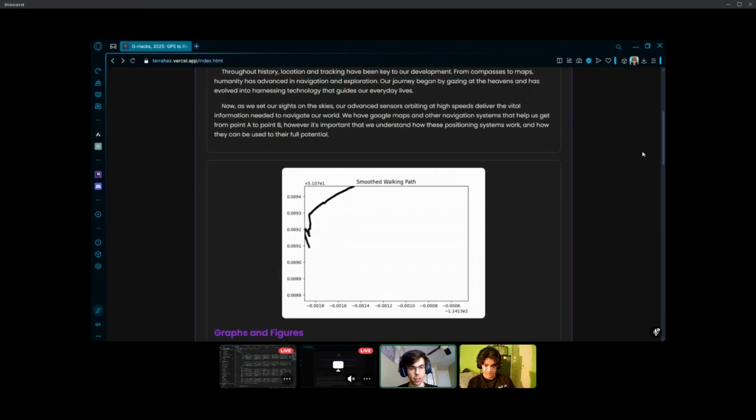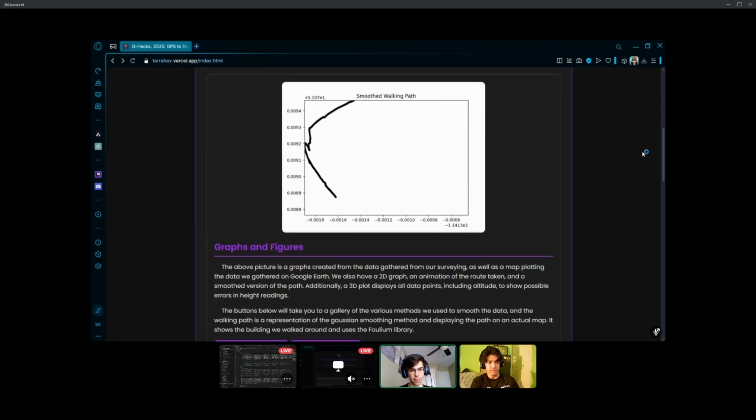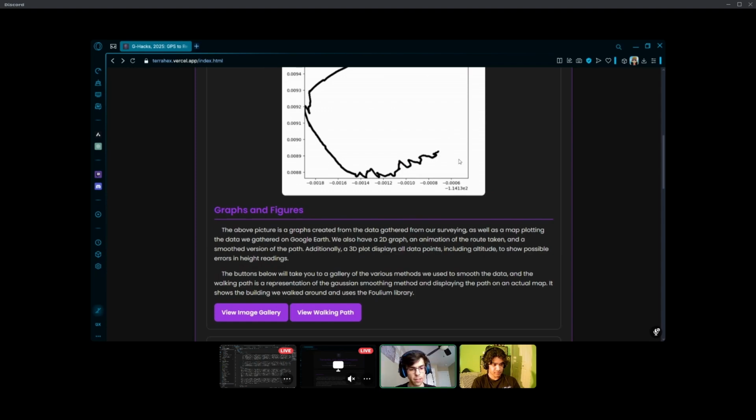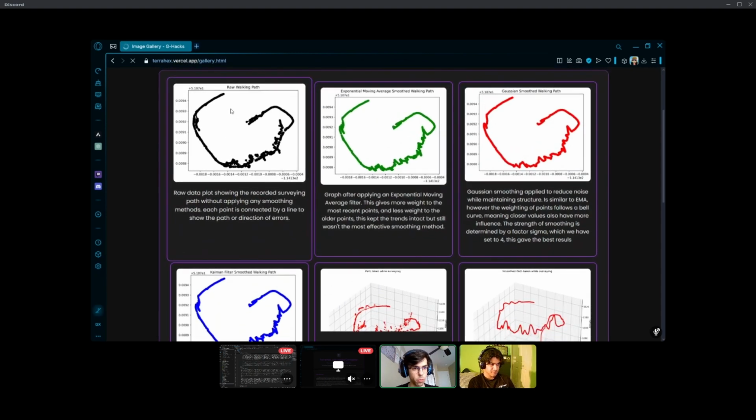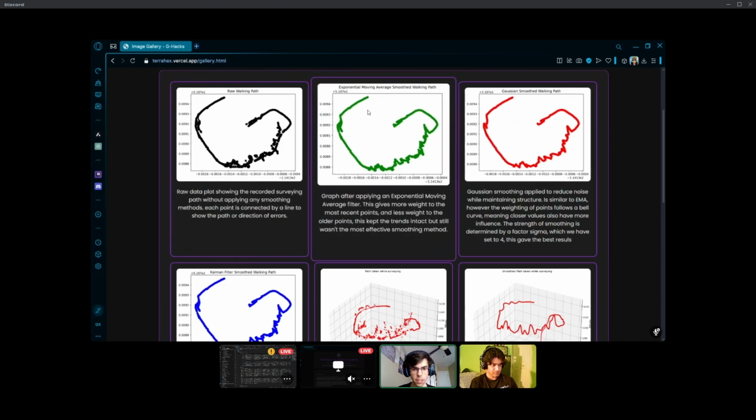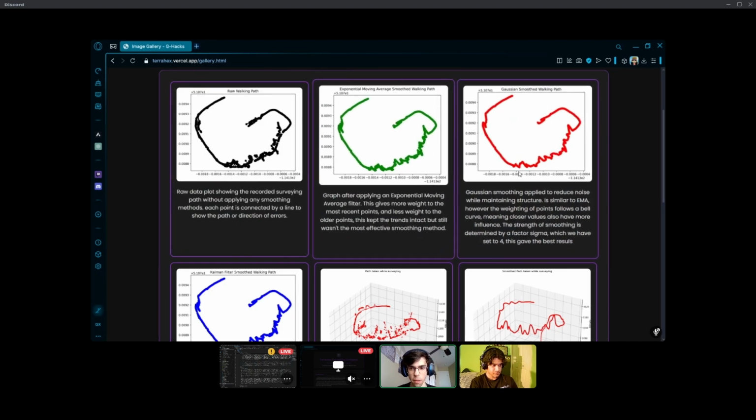As you can see, we have all of our data, which was wonderfully made by all of us, and the smoothing algorithm, as well as the animation of the path actually taken, applied here as our first GIF. And here we have our gallery of the images, and you can see our original one of the data. The points are kind of scattered all over the place and not very consistent, as some inconsistencies in the readings probably caused it, and the exponential moving average filter smoothed it out a good bit, but the Gaussian smoothing method,